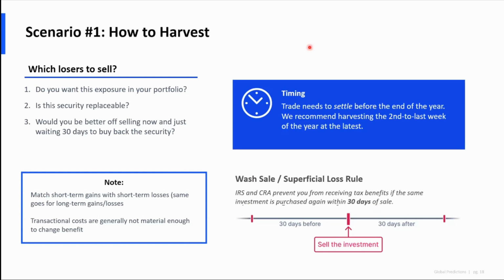A couple other things that are important. So, the timing of this. Taxes are assessed on a calendar year. The important thing to note is it doesn't just have to do with when you make the trades. So if I want to tax loss harvest this year, even if I make a bunch of trades on the last day of the year, it has to do with when the trades settle. Settlement varies a little bit by security. In general, most stocks are 2 business days. Most ETFs and mutual funds are between 1 and 3. I believe that's true for Canada as well, and those exchanges.